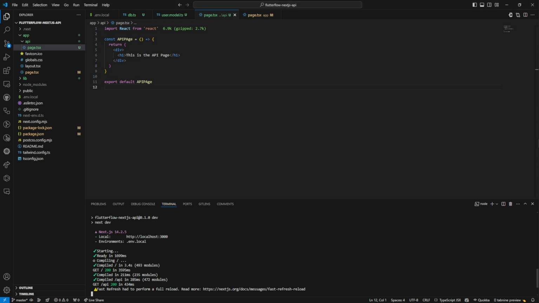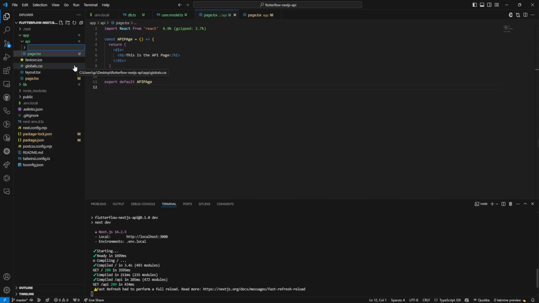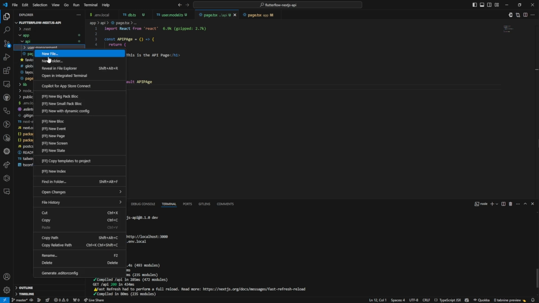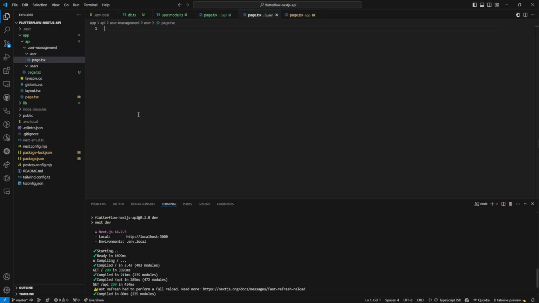So this is the only way that this app directory works. I can also go and add another folder in here, and this will be user management, right? Create a new folder, which is going to be users, and also another folder in here just called user. Now, just for testing purposes, I'm going to say page.tsx